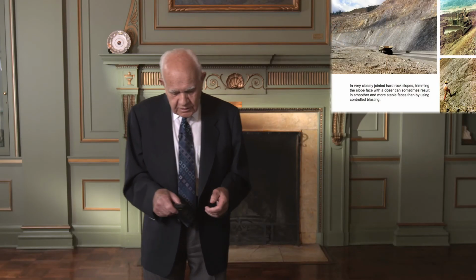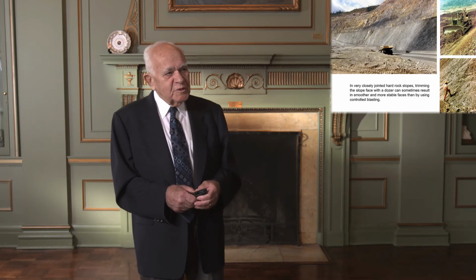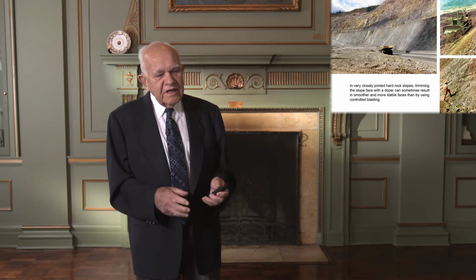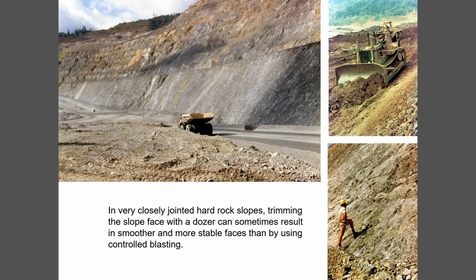This was a very unusual attempt to develop smooth faces. This was done on a mine called Bougainville in Papua New Guinea, where the rock mass was very, very heavily jointed, very small interlocking blocks of rock, and it was very difficult to get a good blast face. And so they decided to try doing it with a dozer. Once they'd done their production blast to take the ore out, they cleaned up as much as they could with a front-end loader, and then just using a large bulldozer, as you see on the top right there, they came along and just trimmed the surface material off.